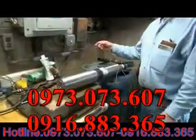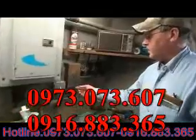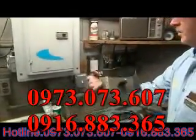Now, we can also check a 3-wire pump. We have a control box set up on the wall. We have a blank